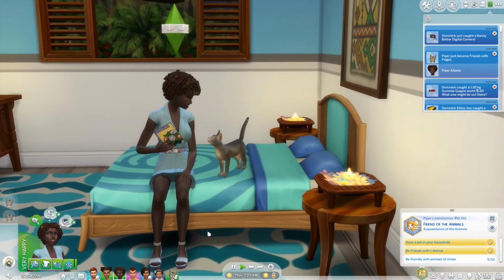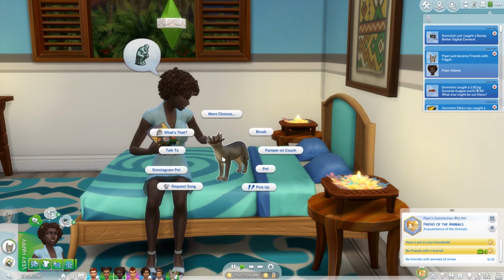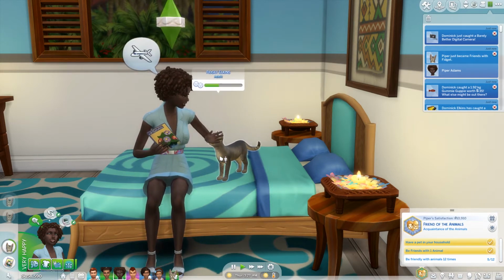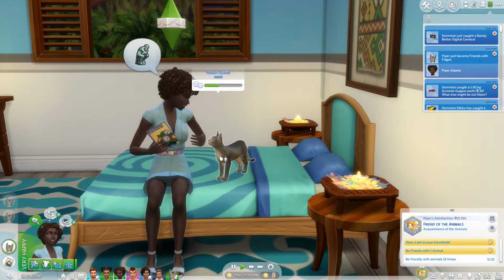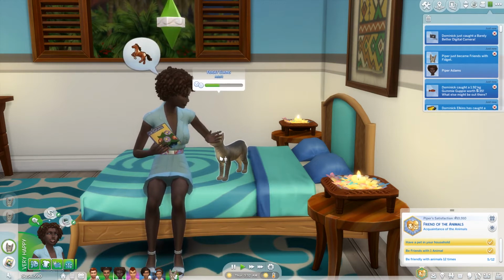Oh, Fidget likes that. Got a heart symbol. Yeah, cutie. We'll talk to you again. I don't know that hugging. Oh, we got a barely better digital camera. That's one of the things you can get since the fishing update. I've noticed those in places other than this world, so